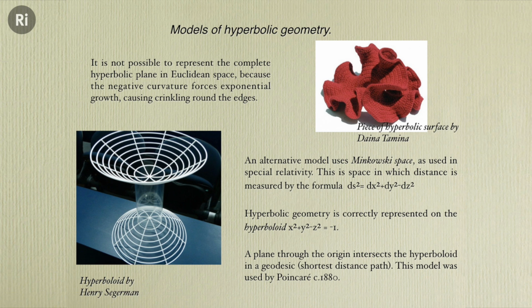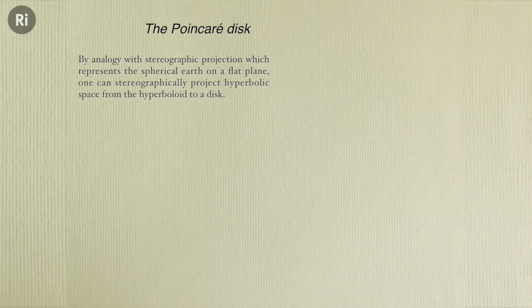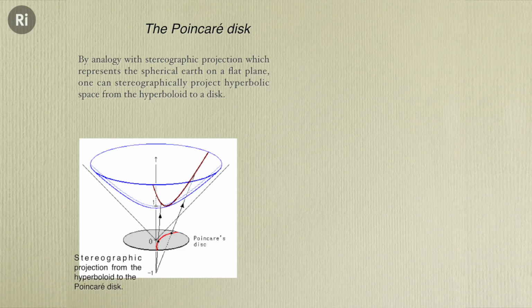And this picture over here on the left is a rather nice model made by a colleague. So this is the shape on which geometry takes place, and it's not so easy to understand geometry there. So rather than doing that, we project it. Just as you can think about geometry on the surface of a sphere and project it onto the flat plane, so we can take geometry on this shape here with these rather curious formulas, and we can project it